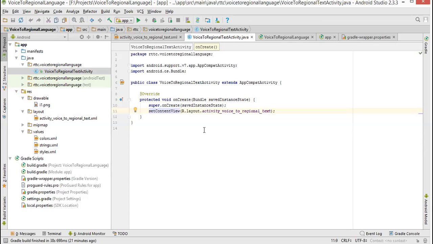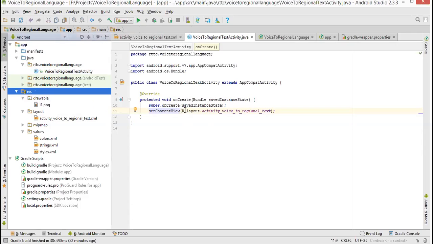It is a method in Java. We are directly writing this method, setContentView. In that, what we are doing is R.layout.activity_voice_to_regional_text. So what is this R here? R means this resource folder.